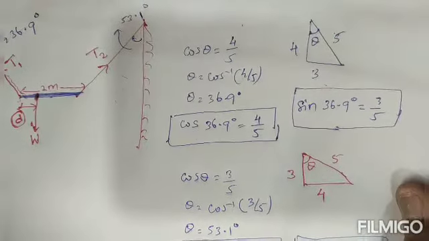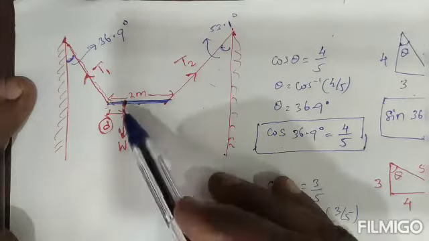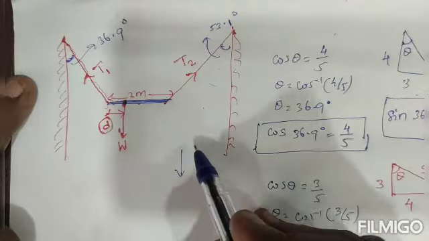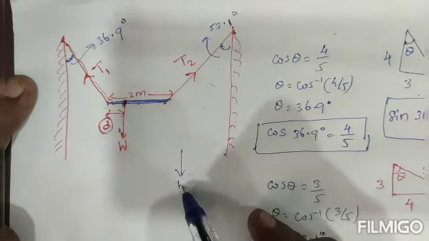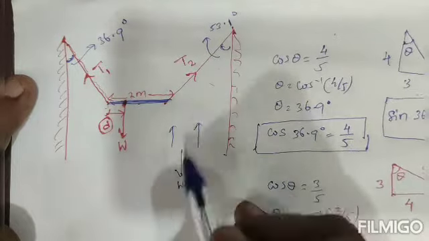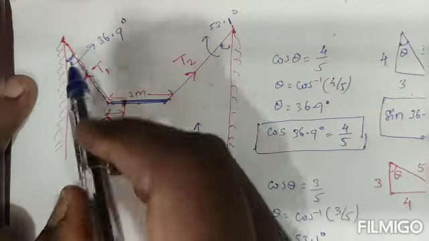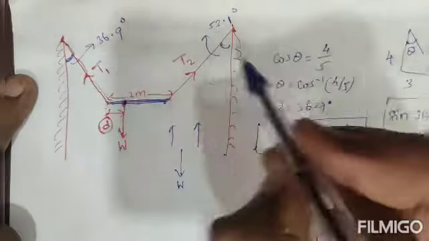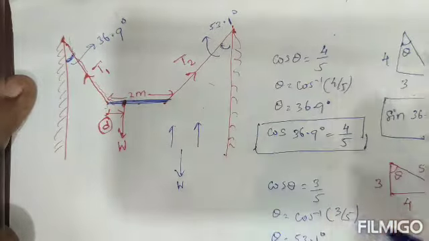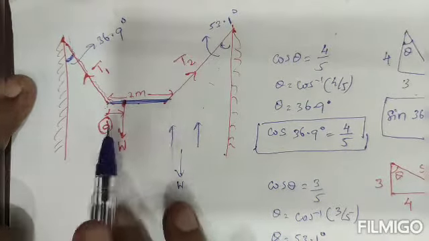Because here it is maintaining the equilibrium position. So this weight is balanced with the vertical component. Weight is in the downward direction. This downward weight is balanced with the upward direction components. The upward direction component is cos theta. Here T1 cos theta, this is T2 cos theta. Upward direction is cos theta. And then the horizontal component is balanced with the sin theta.